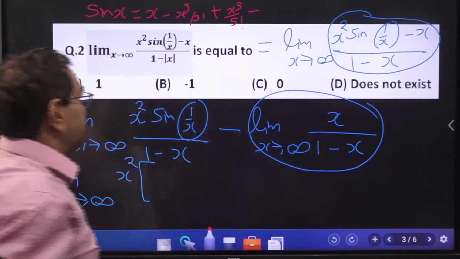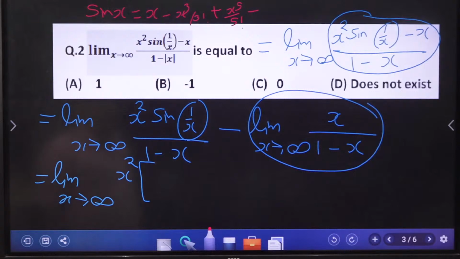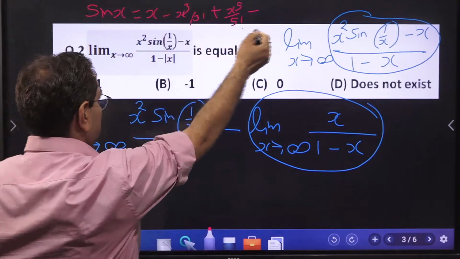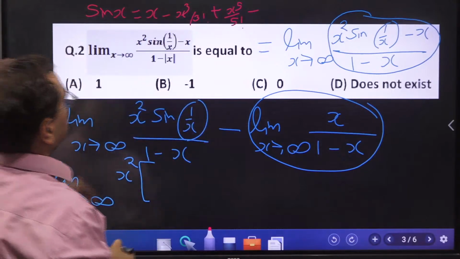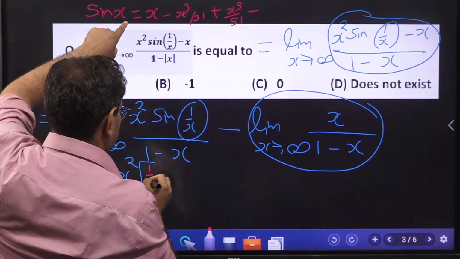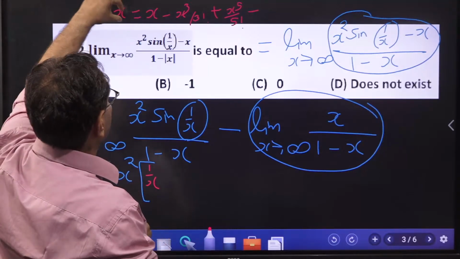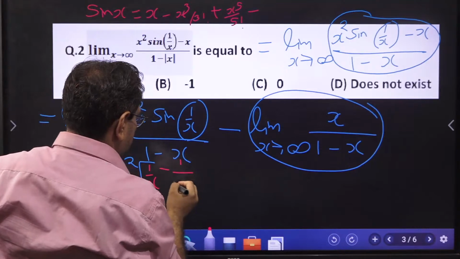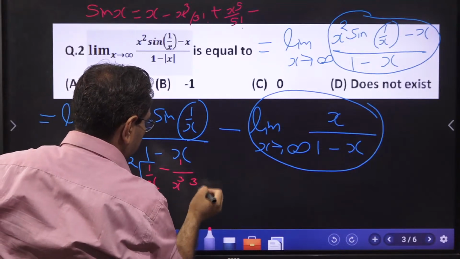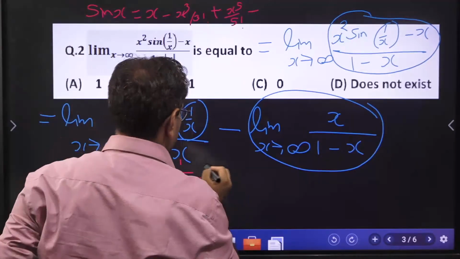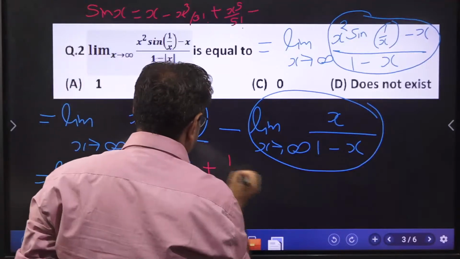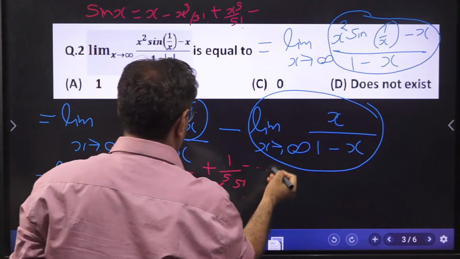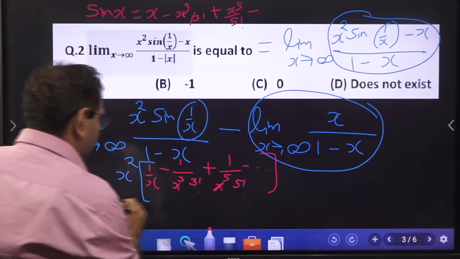This is valid for all x. So we can replace this x by 1 upon x. Sine 1 upon x is 1 upon x minus 1 upon x cube into 3 factorial plus 1 upon x to the power 5 into 5 factorial minus and so on,